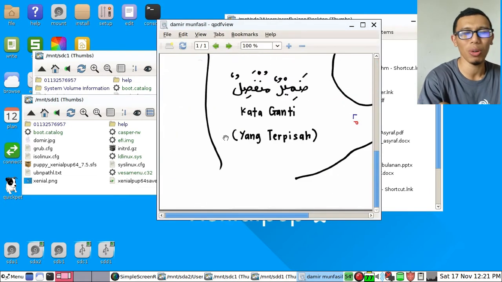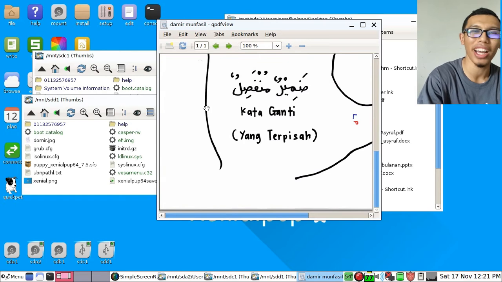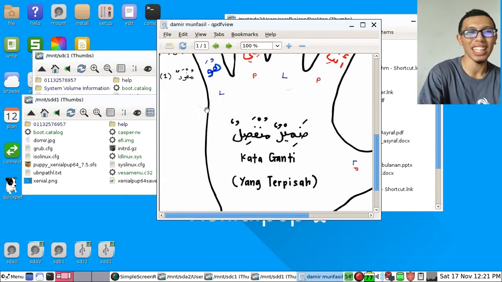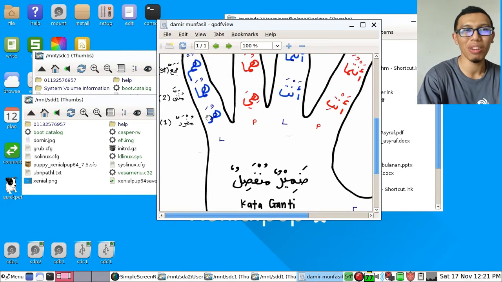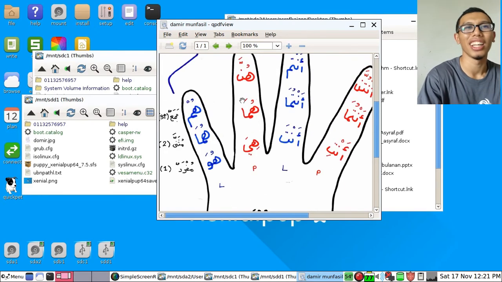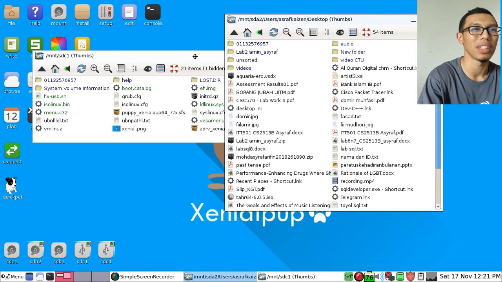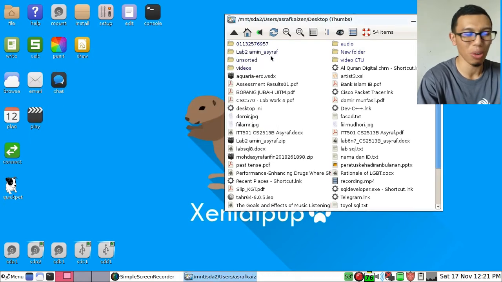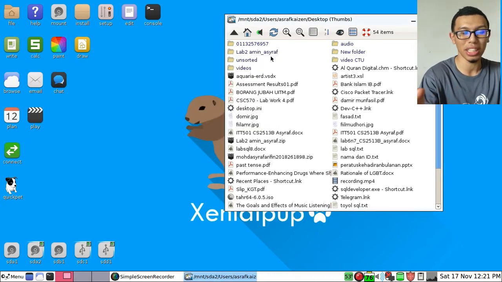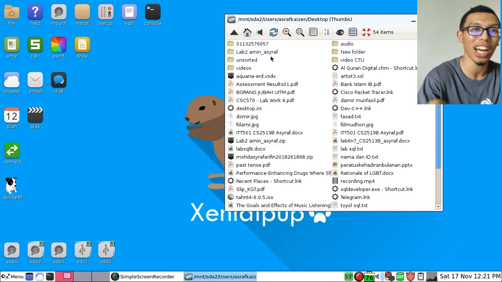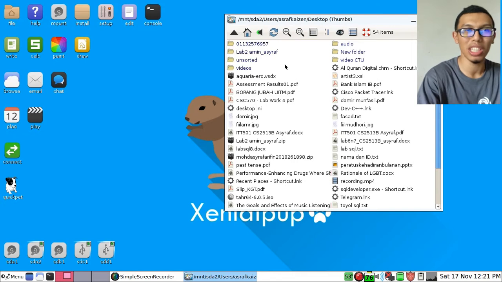So in case your Windows operating system is corrupted, you can still salvage all of your files in your internal hard disk, plug in another external storage device, and transfer everything that you need to there. So yeah, it is very good as an emergency system. Another case, if you cannot use your Windows operating system or your default operating system in your local hard disk, you can just plug in this Puppy Linux and use whatever you need.